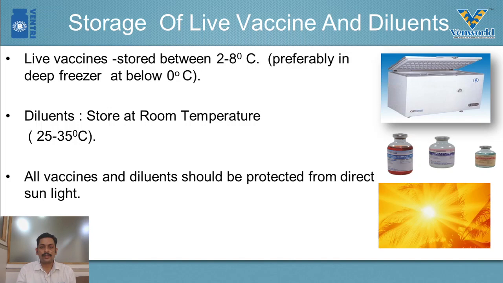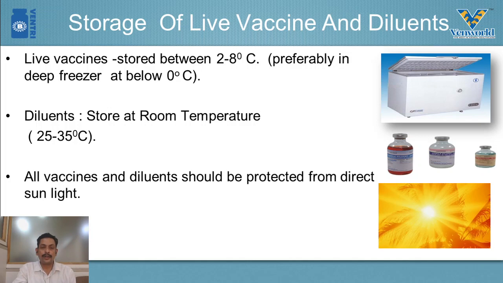Before we start the vaccination program, I want to put stress on the handling of these vaccines, because handling is very important, and the total efficacy of the vaccines depends upon how we handle them. In handling, the storage of vaccines and diluents is very important, and we have to maintain the cold chain during the storage and transportation of live and killed vaccines. If anything happens during transportation and there is a break in the cold chain, then the efficacy of the vaccines goes down and we do not get perfect results.